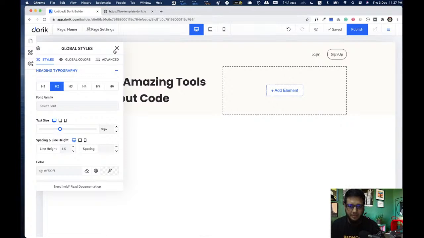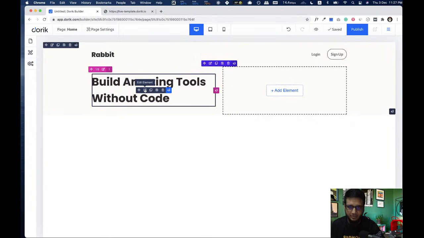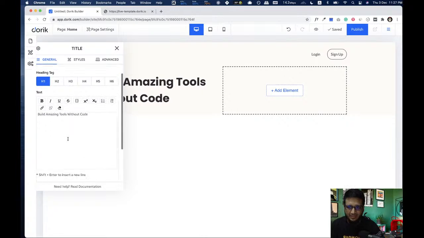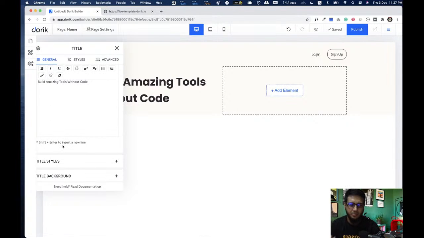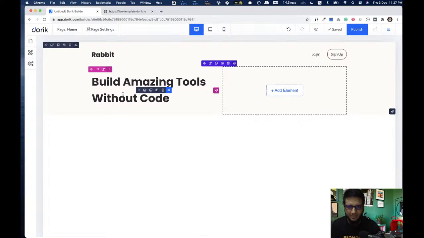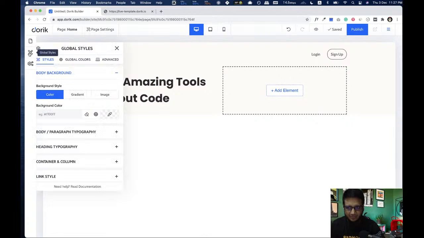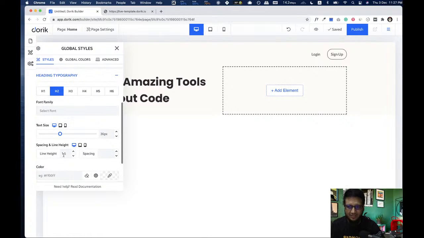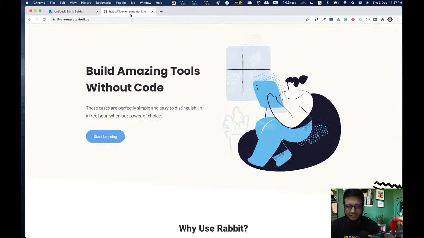But if we select right now, we don't have the option right now, but we are going to add an option in element setting where you can decide if you want to use the global font family or just a custom font for a specific element, but it's not available right now. Other features like size and line height, colors, everything is available. So I'll just add another font.